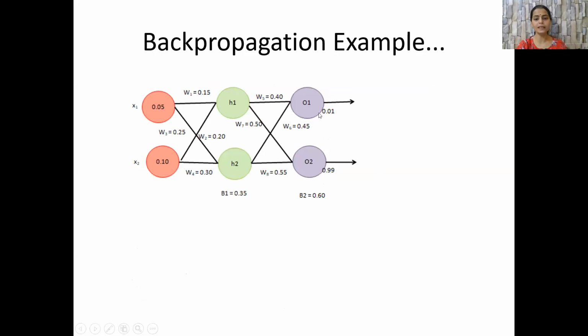Now, once we have calculated the value of the total error, what can we do to minimize this error? To minimize this error, we will do the back propagation of the error. Now we will go back and we will adjust these weights. We can adjust some or all of these weights. These weights will be altered in such a manner that the expected output in the next iteration and the actual output will have a minimum difference or they will reach a difference of 0.